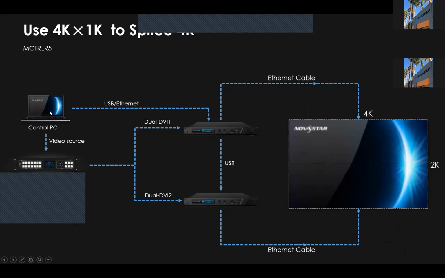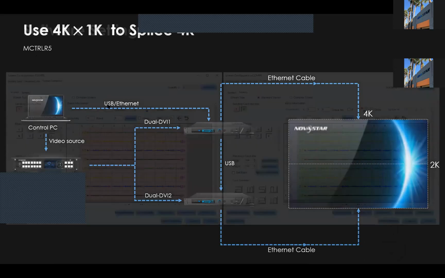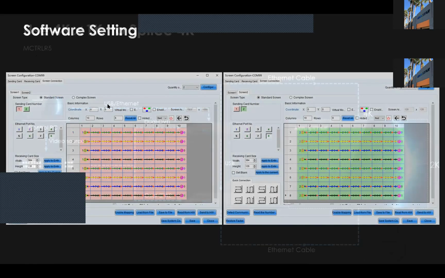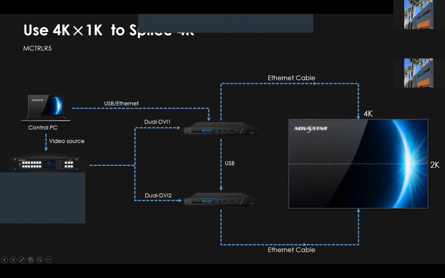This is the control PC, and it connects to the R5 by USB or Ethernet. The control PC also gives the video source to the 4K splicer, and the 4K splicer gives dual link DVI1 and dual link DVI2 directly to those two different R5.